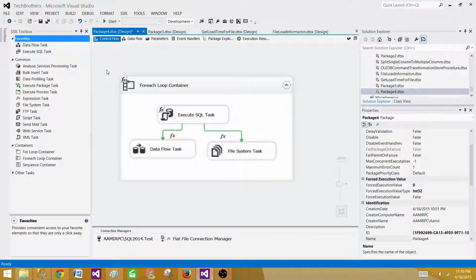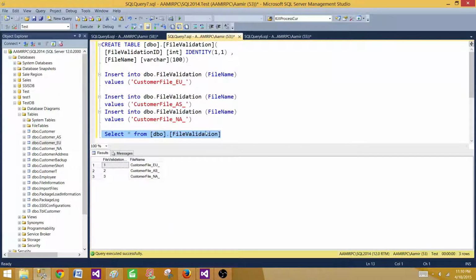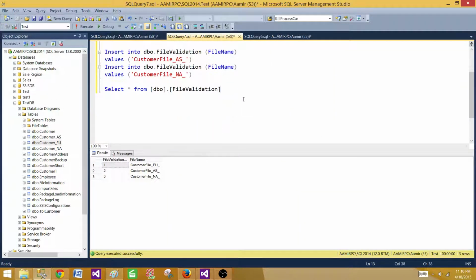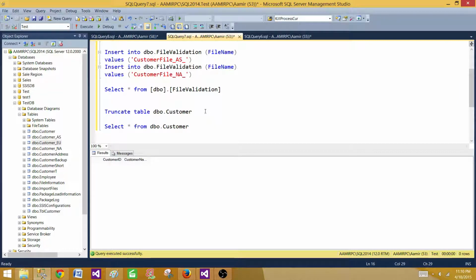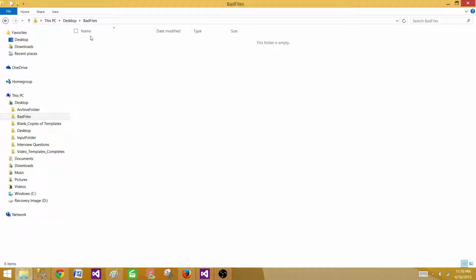Let's run the package and see if the data is loaded. First truncate the table, DBO customer. We can also see what I'm doing here. We can also move the corrected file to some other archive folder as well, so we don't reload the files again and again. But you can do that by yourself as well, or maybe I will do it in another minute. Here we have 3 files sitting in the folder now,